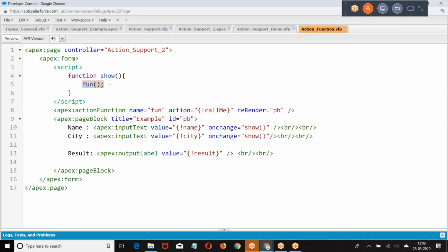From the JavaScript you are calling what? Now how many times have I defined the action function? Only once. But it is called by a number of elements. Action support, for every element we have to define separately. Action function we have defined only once. When the event occurs, call the JavaScript. JavaScript will call the action function.